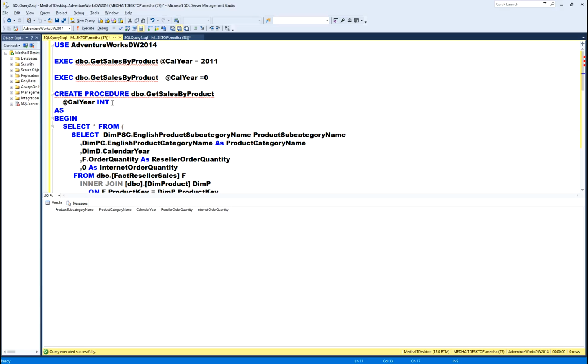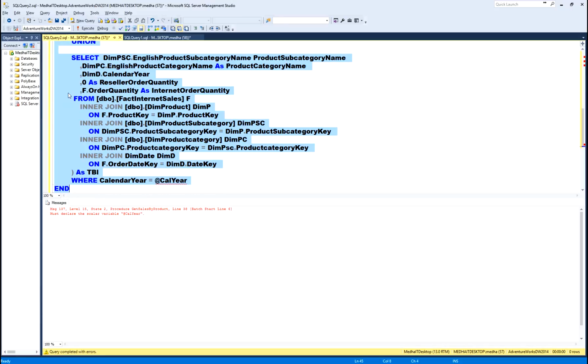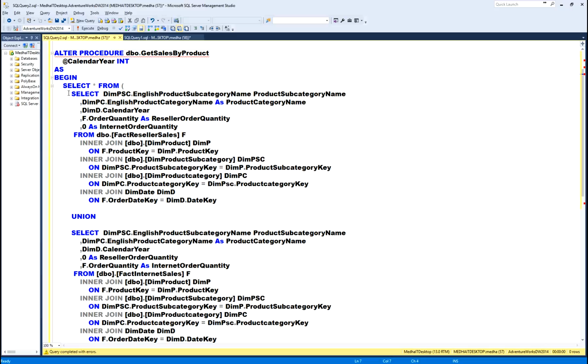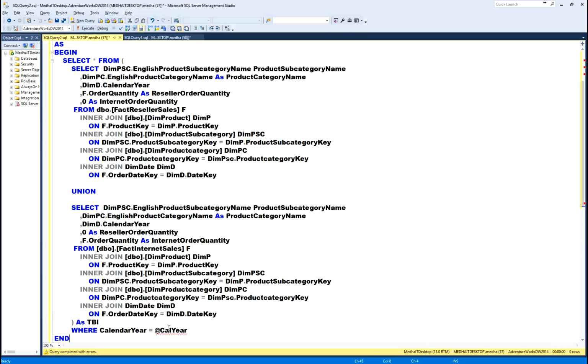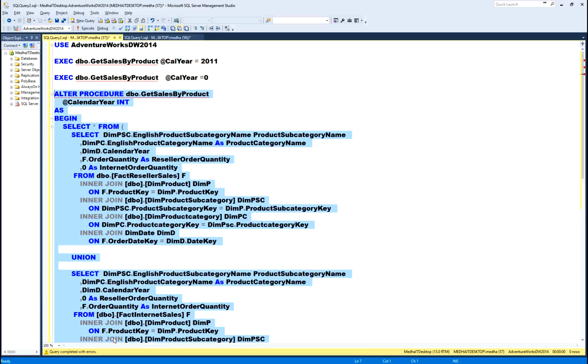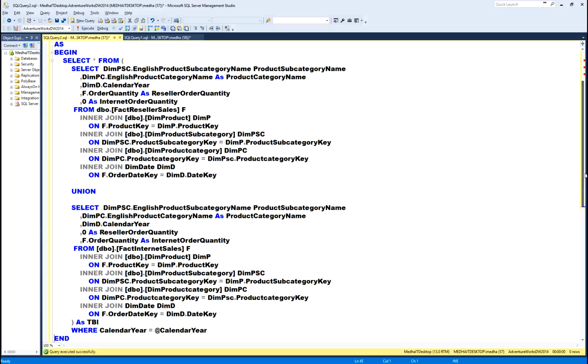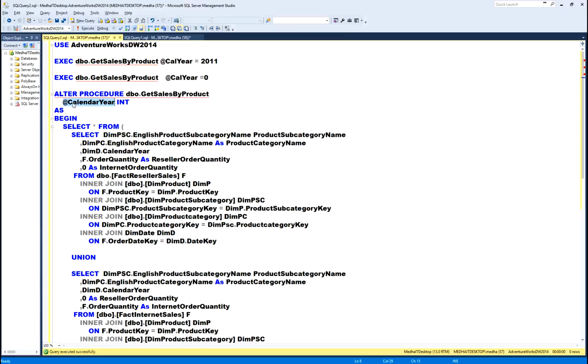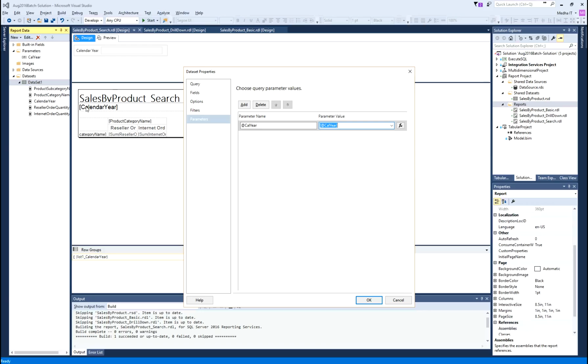Let us say I change this to be clear, I will name it as calendar year. So, I change the stored procedure with the parameter name I changed to calendar year.